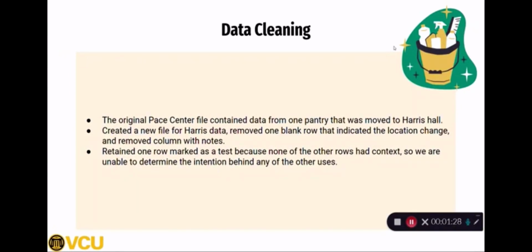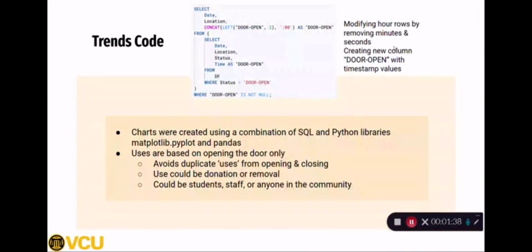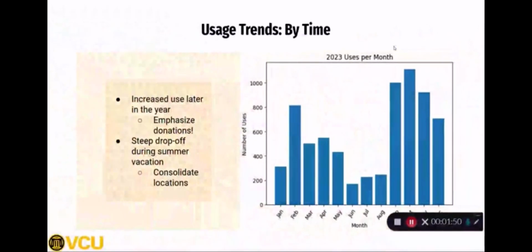So before we got into the code, we manually cleaned the data and split up one of the data sets to create a new file for the Harris location. We then used SQL to find the use trends. We filtered the uses just for when the door was opened, and this could be a donation, a removal, and anyone could be using them. One of the things we looked at was use over the 2023 year,